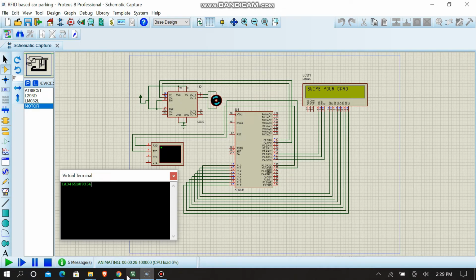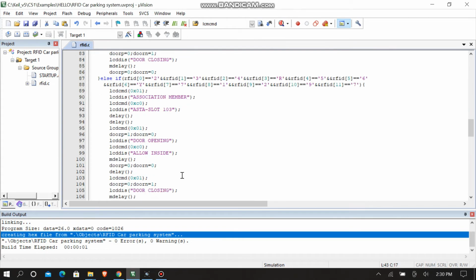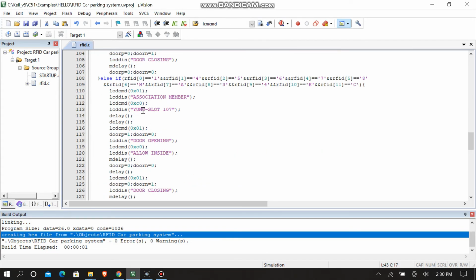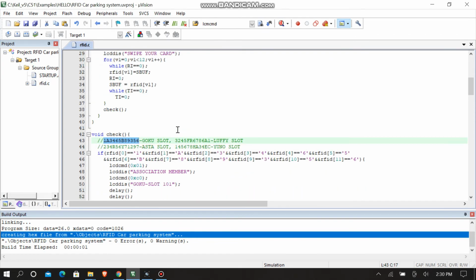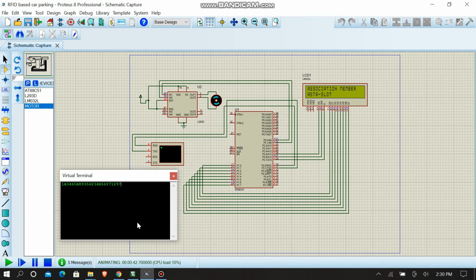Okay, now let us look for a non-registered one. Let us look at another user. It found which one is the user and is doing the same thing again.